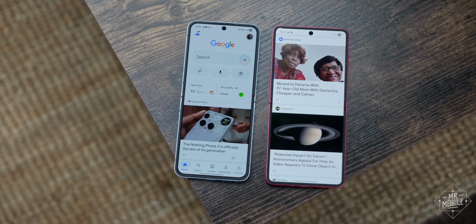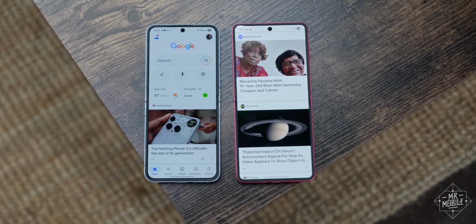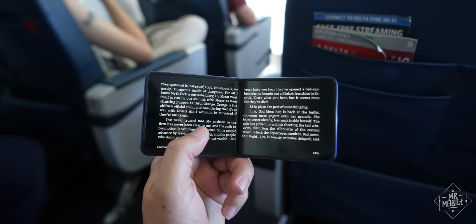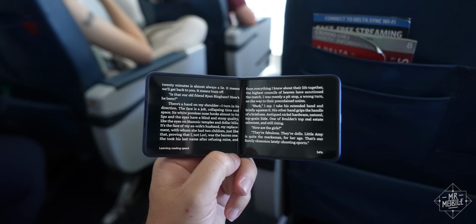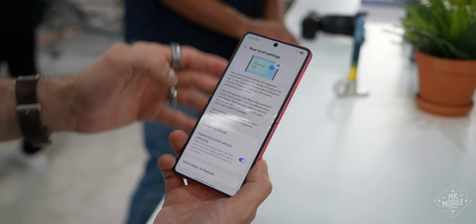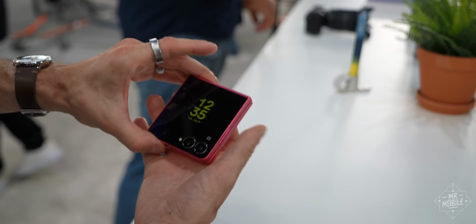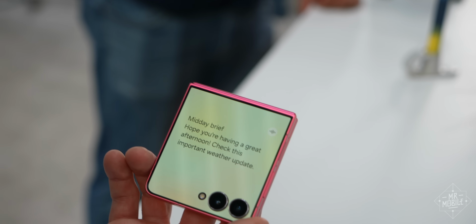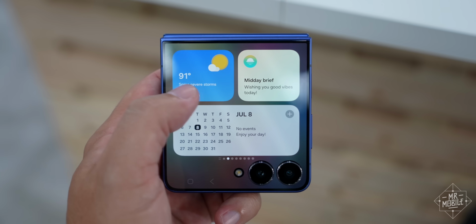The main display is larger than before, and in a move that'll make video watchers happy, it's also a little wider. Those of us psychopaths who read books on Kindle like this are unaffected. Honestly, though, this isn't the screen we need to be talking about. The flex window on the cover is now 4.1 inches, edging out even the Razr Ultra by a hair, but